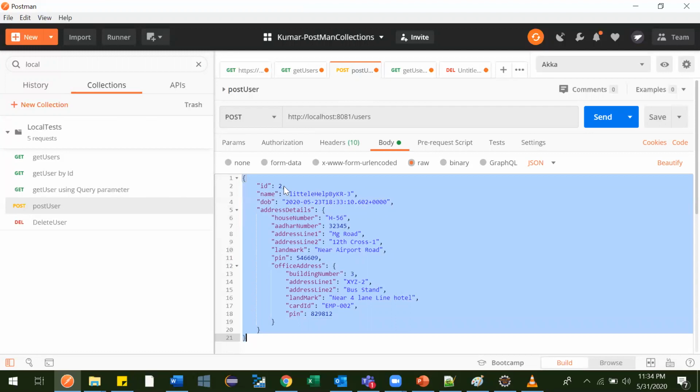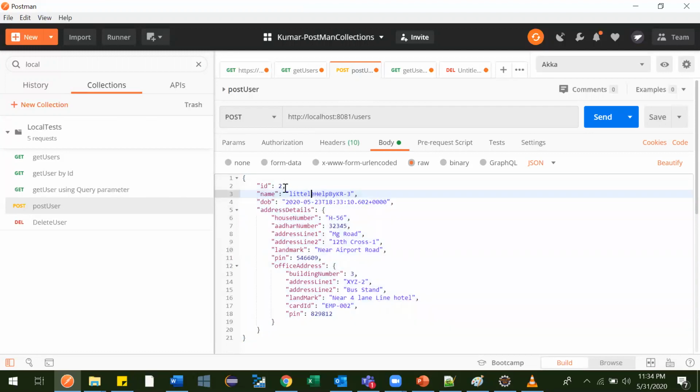So we'll do one thing. This ID is automatically generated, so don't bother about it. It will be generated at runtime. Whatever ID we give is just dummy data, and it is nothing related to this particular body. Now we'll update one, like care 6 7, and we'll give this as 6. We'll give house number 57.